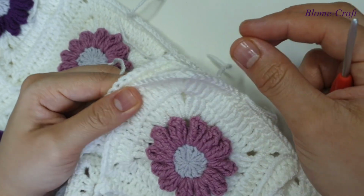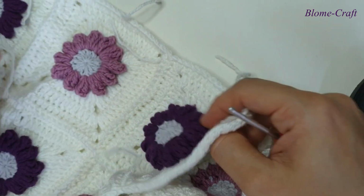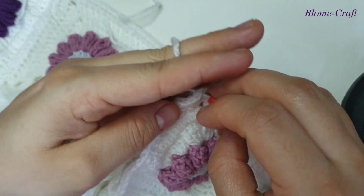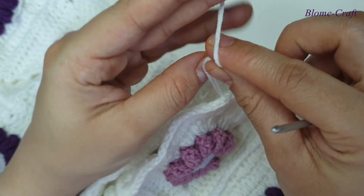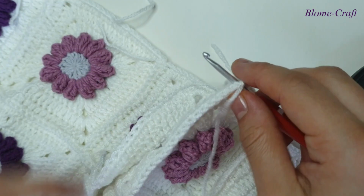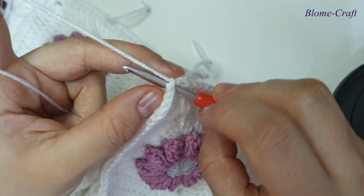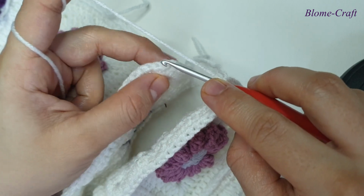Now that I already attached some of the squares together, I'm going to show you the method that I have used. I'm going to insert the yarn at any square in the corner, attach it. I'm sure you have already seen that I prefer this method for attaching the squares, since it's more secure and easier. As you can see, I add the yarn at the corner, and then I'm going to insert the hook